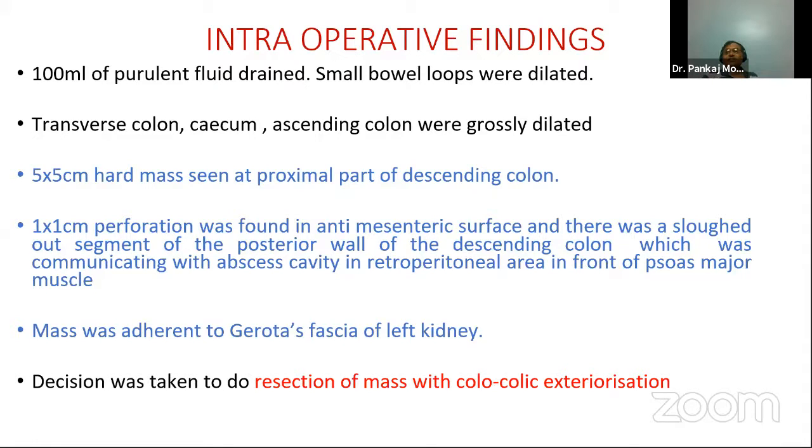Any other reason why you will not do a primary anastomosis? One is the edematous loop. Vascularity, yes, again it is important. The proximal colon is distended and grossly dilated for a longer time, in such an old malignancy where it has already gone into the muscle. The chances of healing of an anastomosis in an emergency condition are very unlikely. Suppose you do that, what will happen? The anastomosis will give way, and there will be a focus of infection and problems. In an emergency condition, we should not.